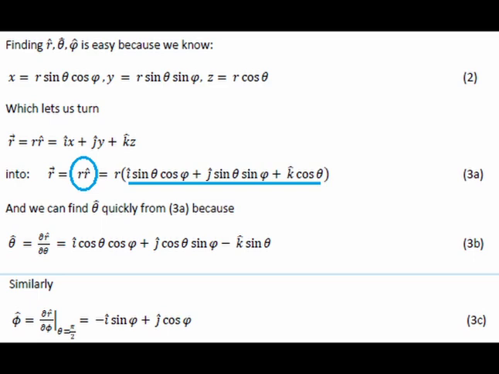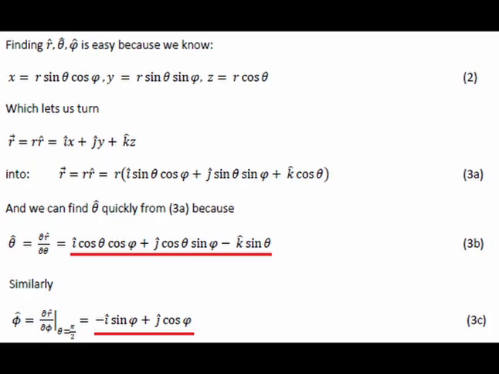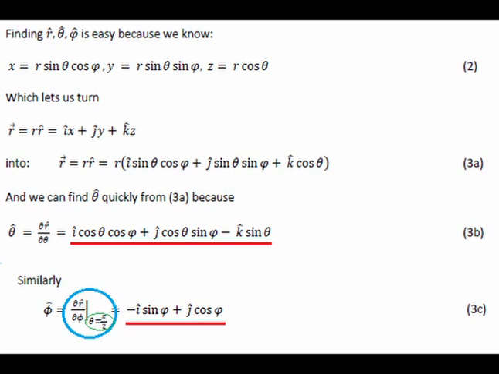And it's pretty easy to find the other two unit vectors, theta hat and phi hat, because theta hat is really just what happens to the unit vector as we keep the other quantities constant. So in other words, we're just taking the derivative of r hat with respect to theta. And similarly, to find phi hat,